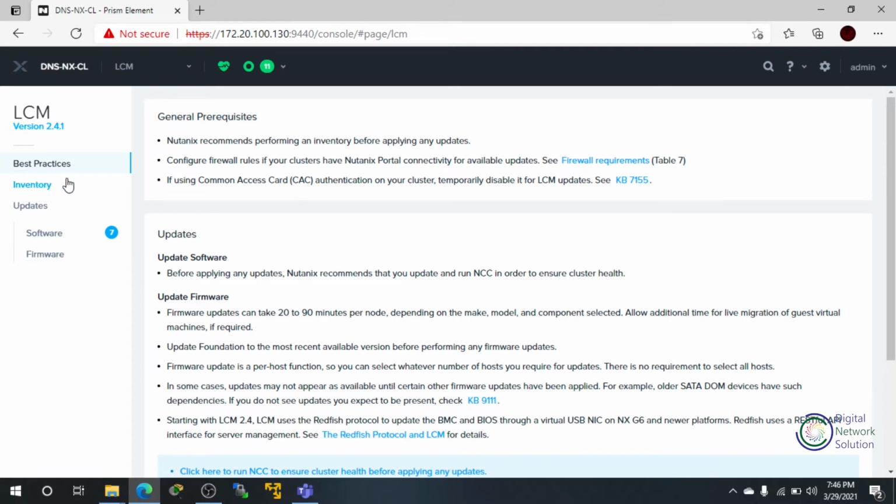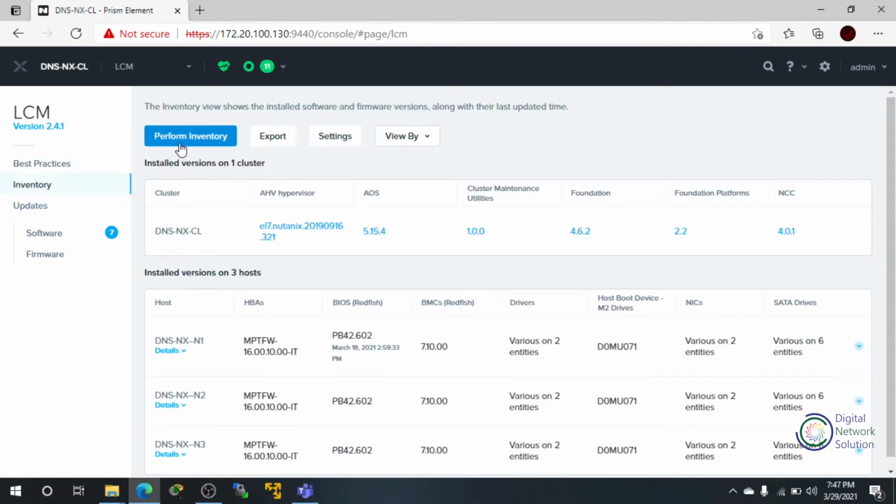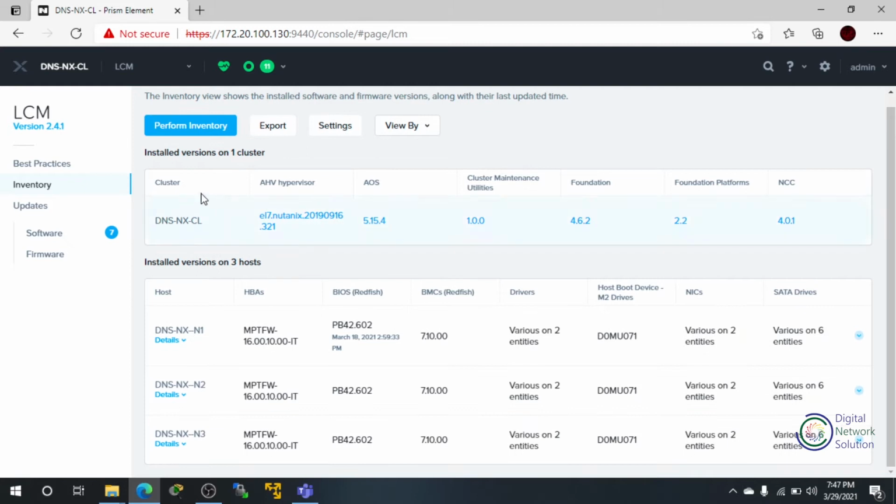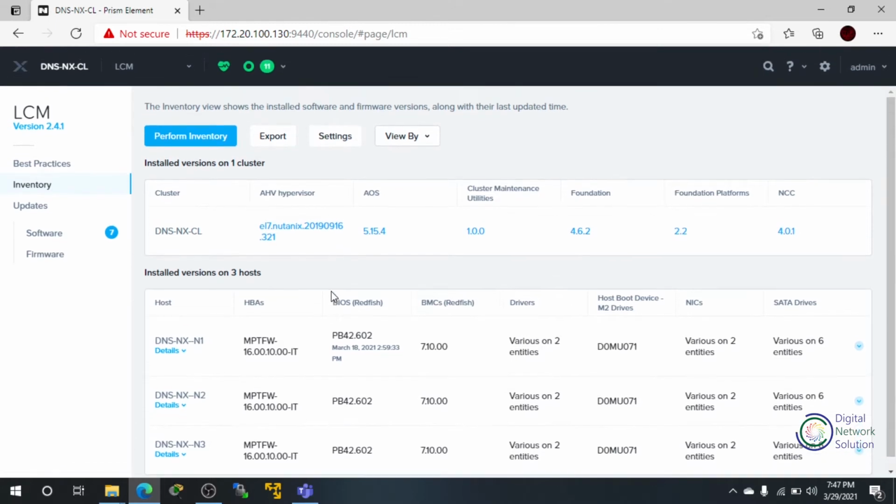So here all we are supposed to do is perform an inventory. It's going to take a long time, some 10-20 minutes or more. It shows all the details of the requirements of the cluster. As you can see here, all these are done.